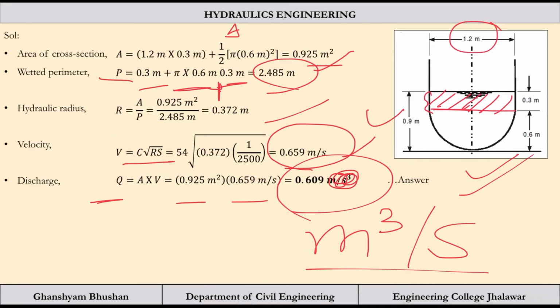So these were some problems. In the exam you cannot expect that a triangle or a standard section will be given. It can be a composite section given in this question, like a semicircle with a rectangle. So it can be anything. You have to just put the geometrical information into the question and find area and perimeter. After that nothing is there. You have to divide area by perimeter. R is there. Put the value of R in any of the equations which is given in the question. So after calculating velocity, just multiply that velocity with the area, you will get the discharge. So these problems are very, very simple.